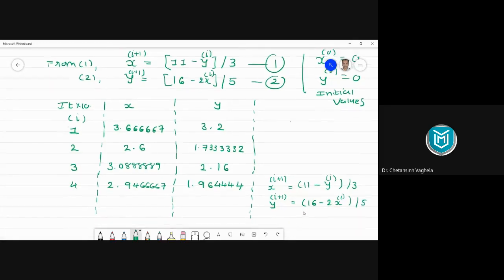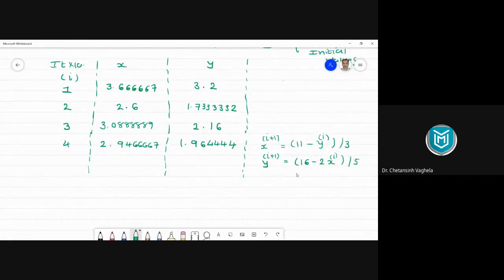Let me scroll the whiteboard. I have written the equations here just for your reference. The equations are already here. Once you get the value of the fifth iteration, please post it here. Okay, Nidhi, is the value of the fifth iteration 3.011? Okay, so the x value for the fifth iteration is 3.011852. And what is the y value in the fifth iteration?